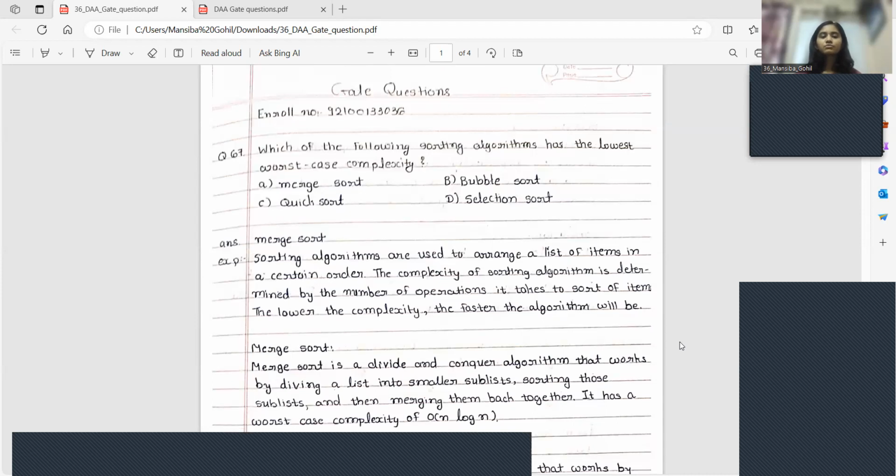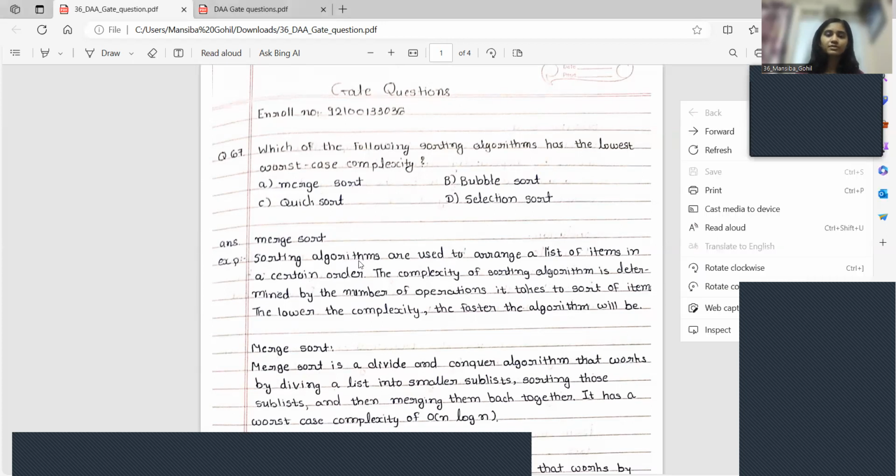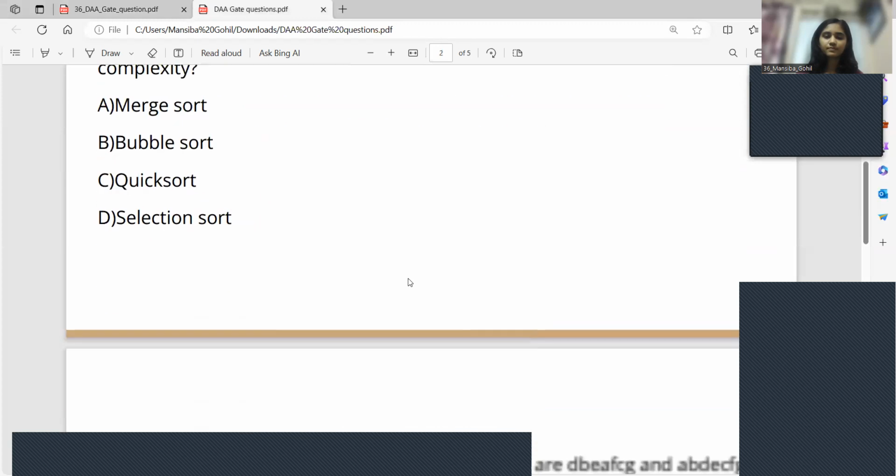And we always need to remember that we can find this complexity based on the number of operations, and the lower the complexity is, the faster the algorithm will be, and the more beneficial it is for the algorithm to have lower worst case complexities. Coming to our next question,